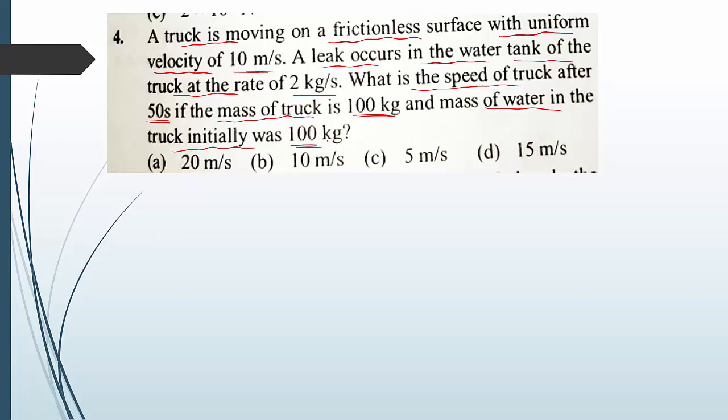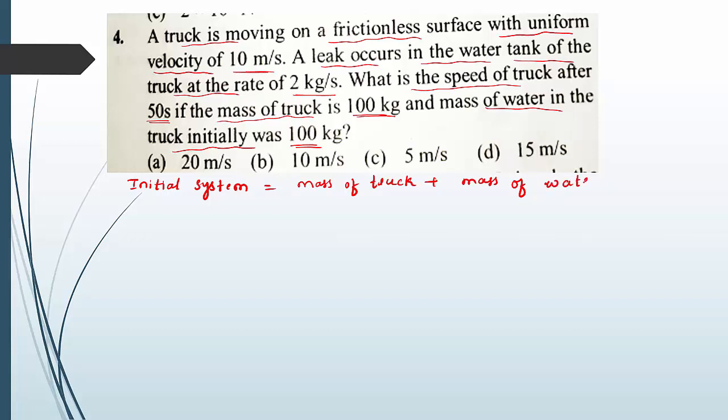So here you can observe the question. So truck and it contains water. Mass of truck plus mass of water they have given. Let us take them as the system. System means initial. We can write here initial system. What does it contain? Initial system means what? This system contains a truck. Truck contains water. So I can consider mass of a truck plus mass of water. This gives what? Initial value.